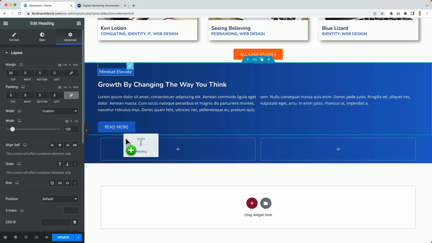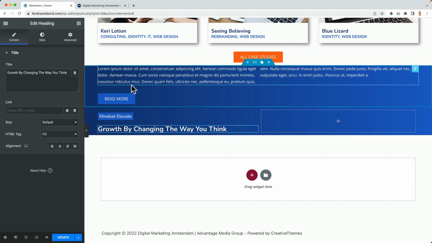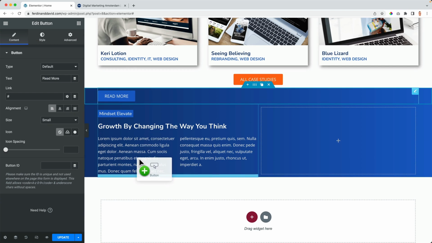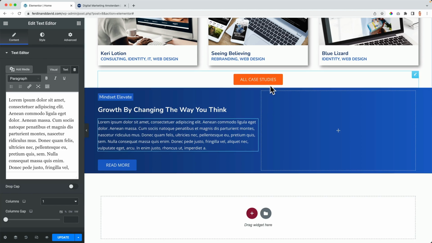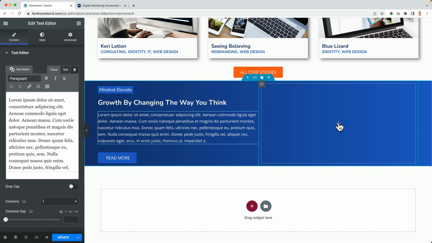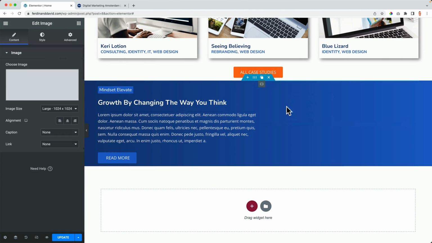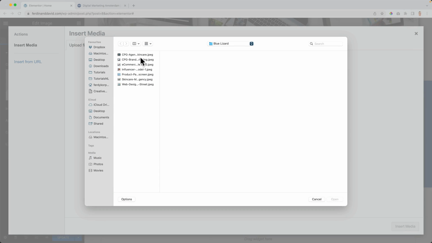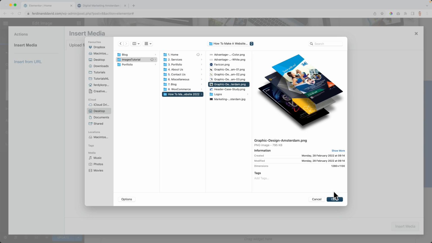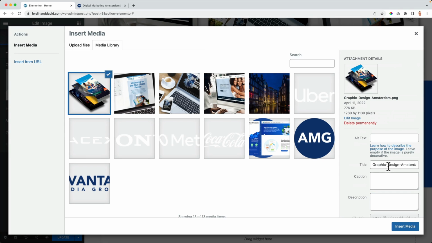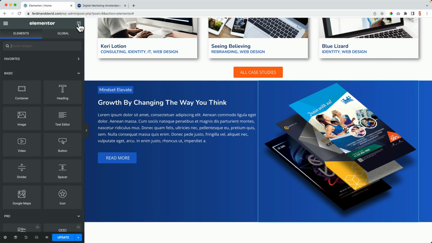And then I just drag this over here and this one over here and this one over here and this button over here. Then I click here, go to the content, change this to 1 column. I remove this and now I want to click over here, search for an image, drag it over here, click on the image, upload files, select files, and I search for images tutorial, how to make a website. This one. Graphic design. Remove the dashes, copy it, paste it, insert the media,